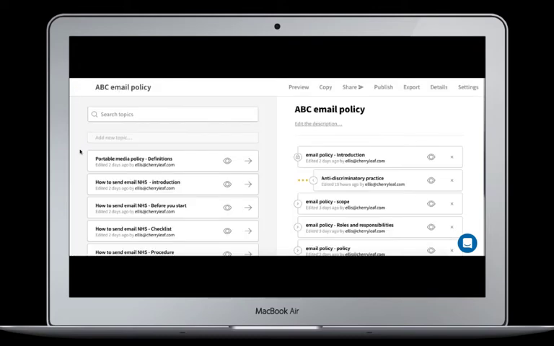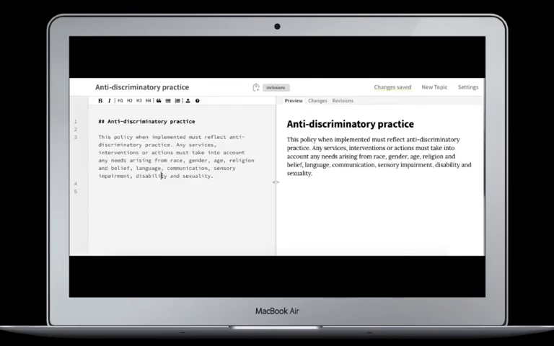We talked about the anti-discriminatory practice and the fact that that appears in more than one document. In this situation, what we're doing is we're dragging our topic of the anti-discriminatory practice into our email policy, and we can drag exactly the same topic into our portable media policy. And what this means is we can write our anti-discriminatory practice in one place, and if we make a change